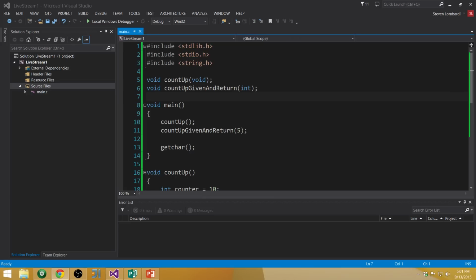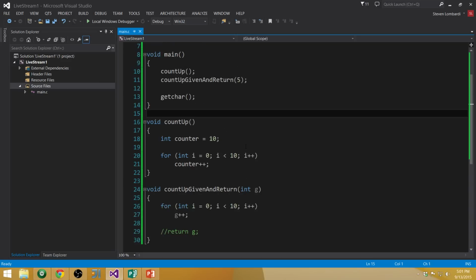Okay, so I've got a user question from Nick Martinez. Would you have to forward declare count up if it preceded the main method? That's a great question. So let's test that. So now if we have count up,